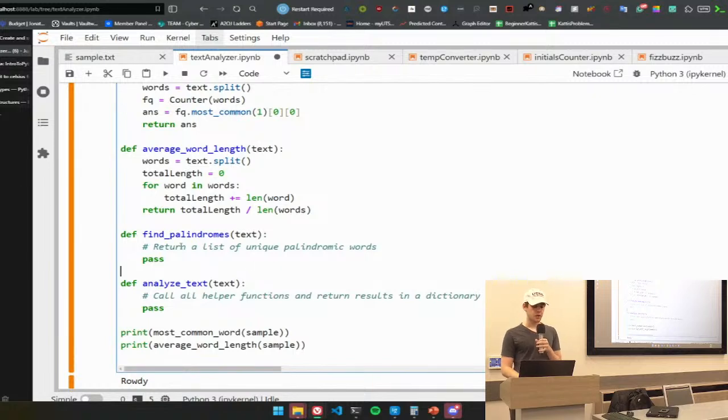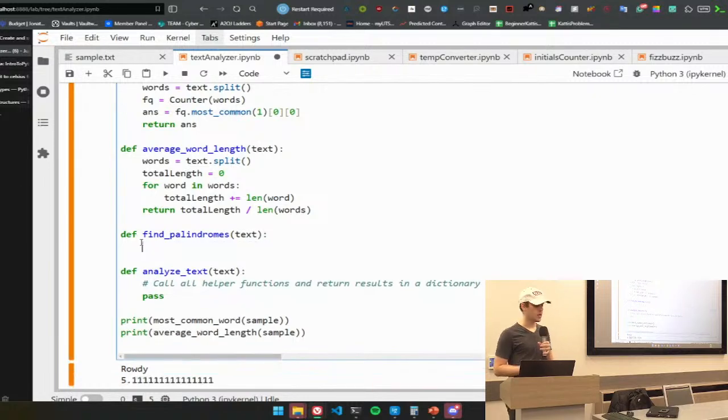Okay, find palindromes. If you're not familiar with what a palindrome is, it's a word that is spelled the same forward and backwards, such as racecar, right? R-A-C-E-C-A-R. It's the same if you have it forward. If you flip it, it's the same. And if we want to find the palindromes in our text,